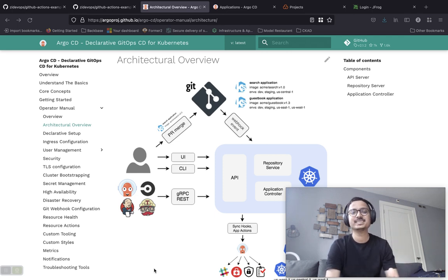So we are going to break this into two parts. I'm going to show you the Argo CD components. I'm going to show you how to install Argo CD into your cluster. And then we are going to take a look at the CD repository where we have a Helm chart. I'm going to take a moment to explain what a Helm chart is all about.